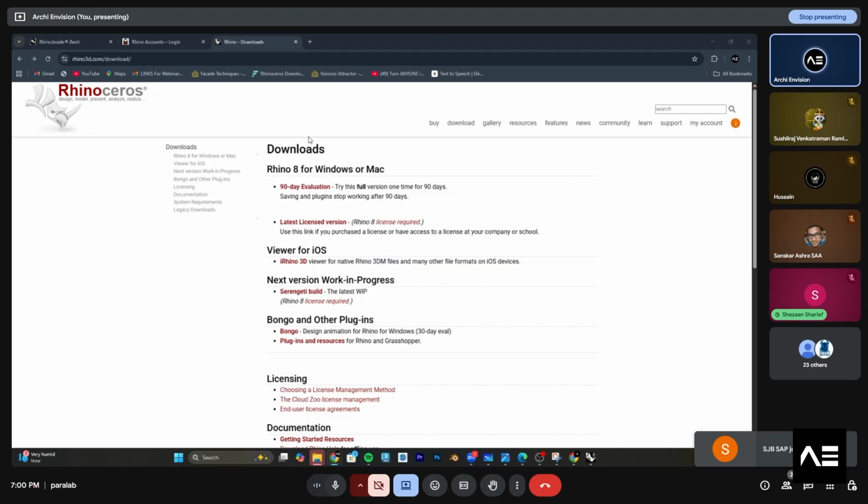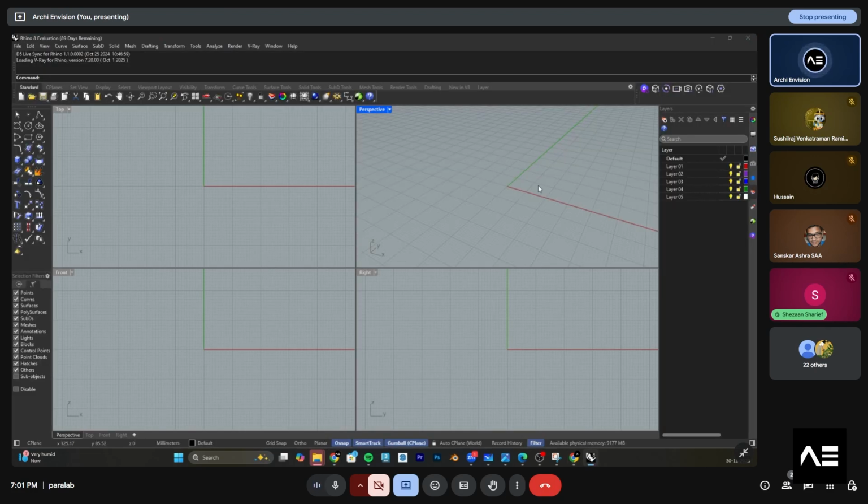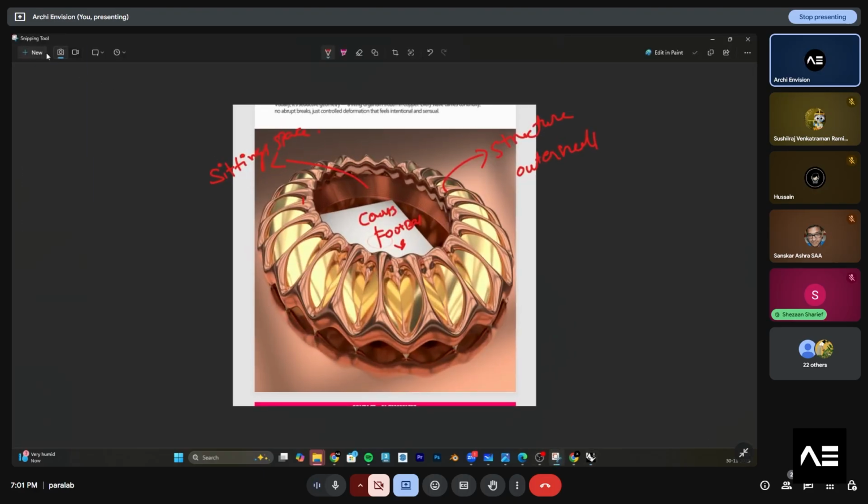So that's how you have to install Rhino 3D on your system. The basics are making a Gmail account and making an account in Rhino 3D. These are the two things you have to focus on while installing Rhino 3D. So shall I start with the basic introduction of the interface? Yes, sir. Okay, I'll start explaining the basic introduction of the interface.